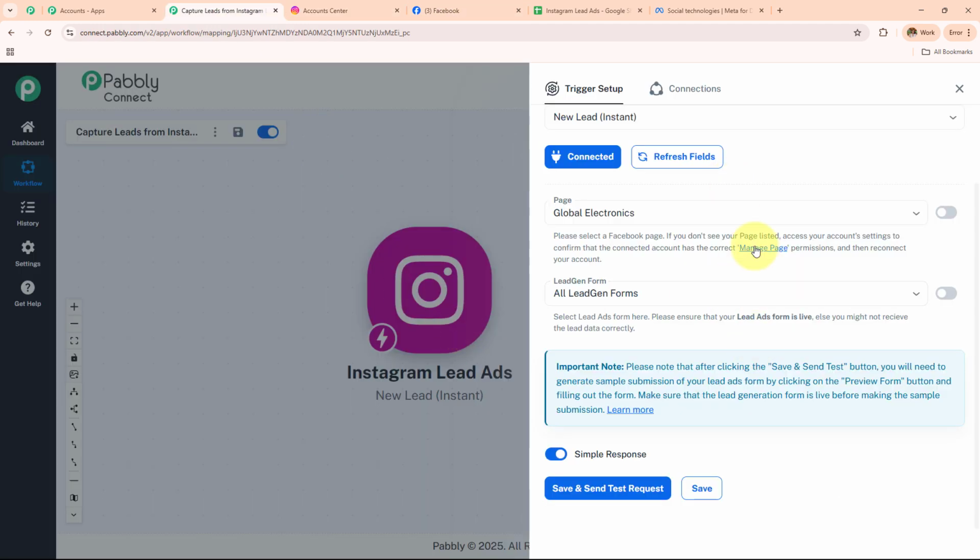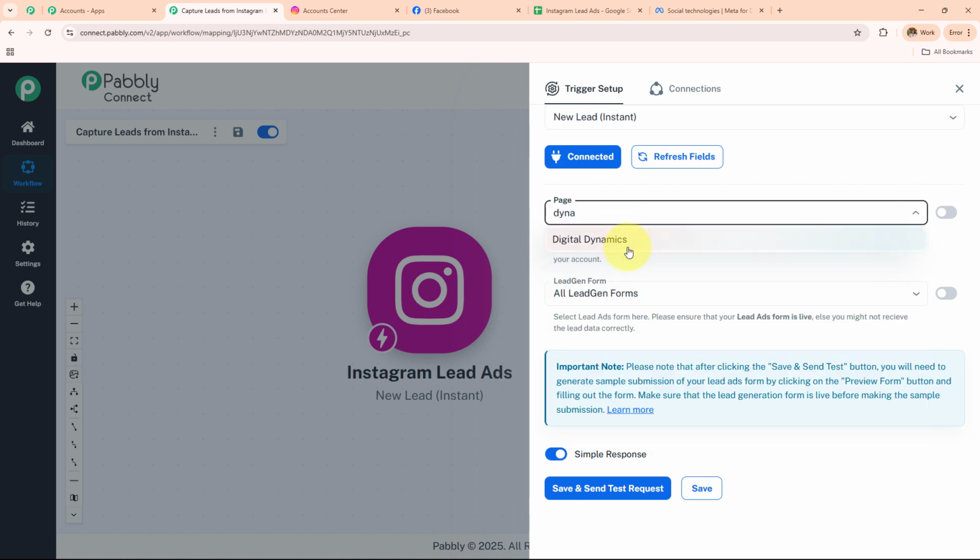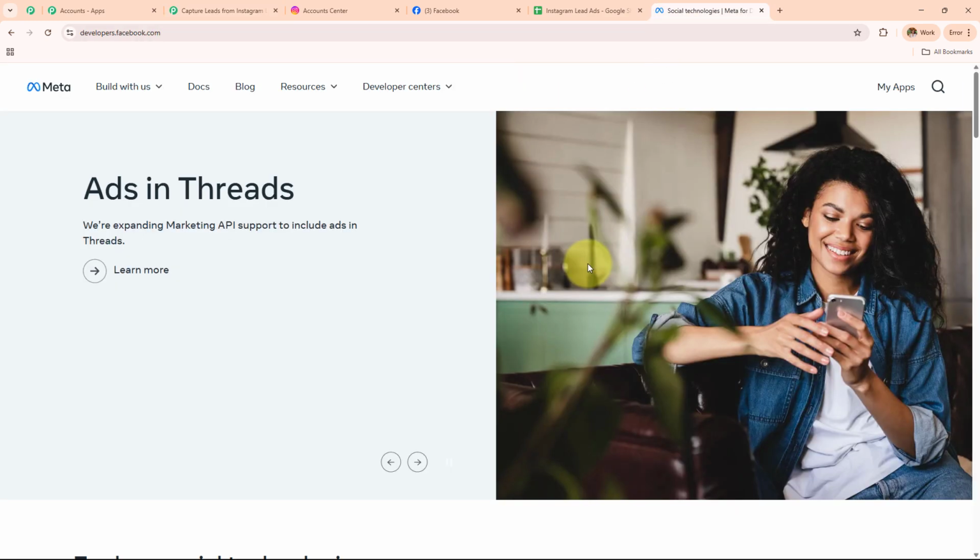Over here I have to fill two details. To get this page, the name of my page is Digital Dynamics. So I've selected that and then I'm going to enter this lead form. So to enter this lead form, I'm going to enter the Meta for Developers platform. To enter this, we simply need to write